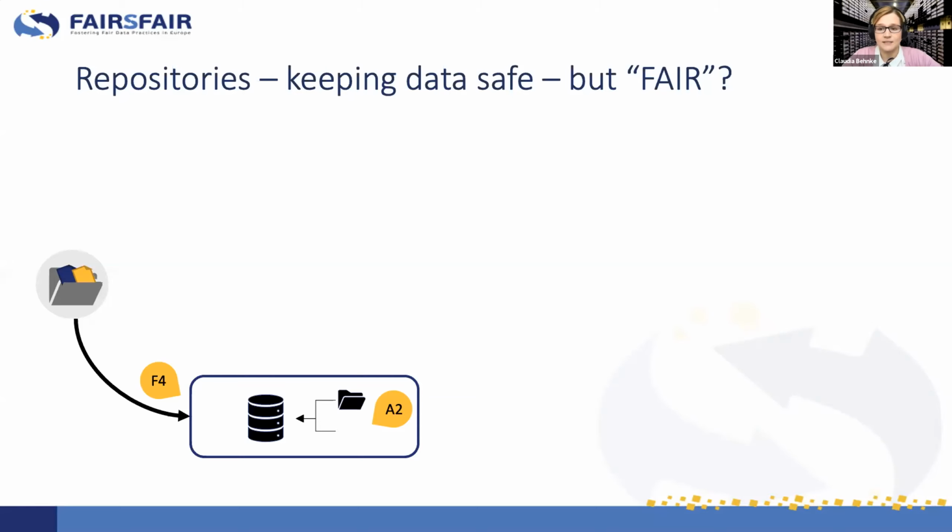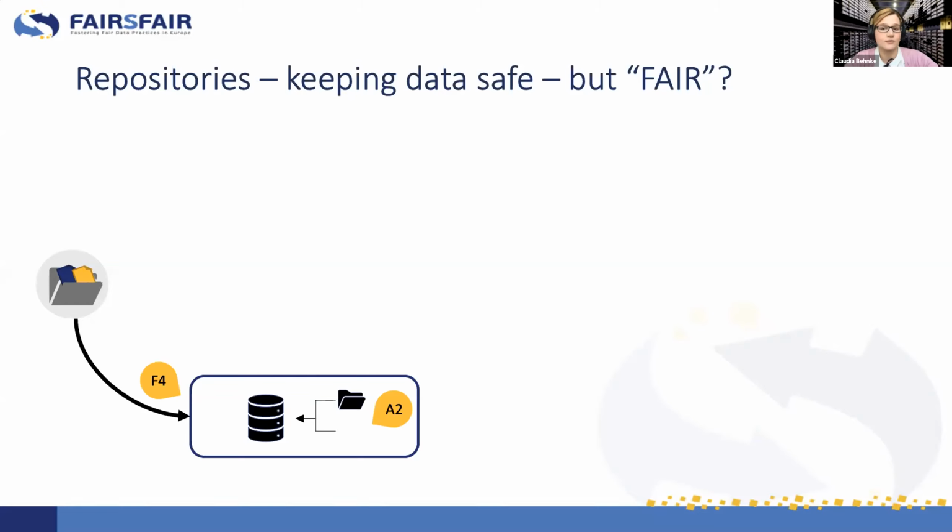Also, A2, the metadata should be accessible even when the data is no longer available. That's also something that is very frequently realized within a repository, because even if the researcher, while producing the data, is already assigning the metadata, he most likely will not keep the metadata without the data object, but a repository is definitely a service that should do that. So there are, as Hilke nicely described, some features of a repository which are clearly enhancing the fairness of the digital object.